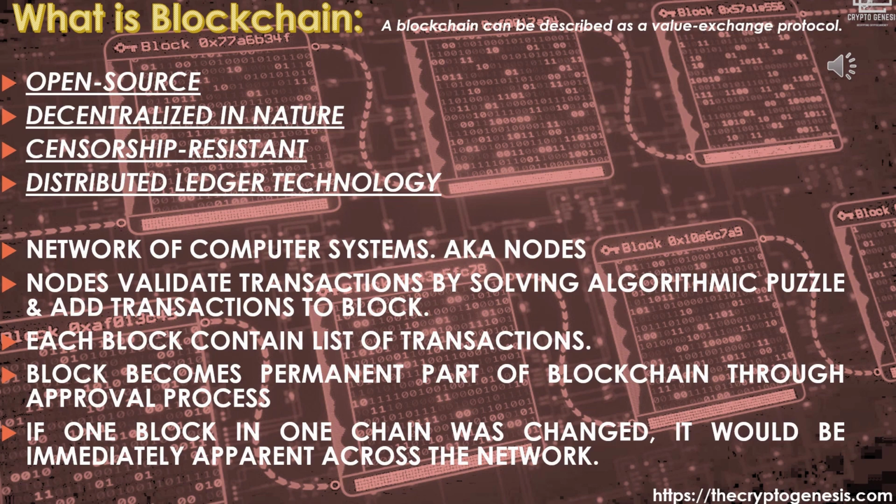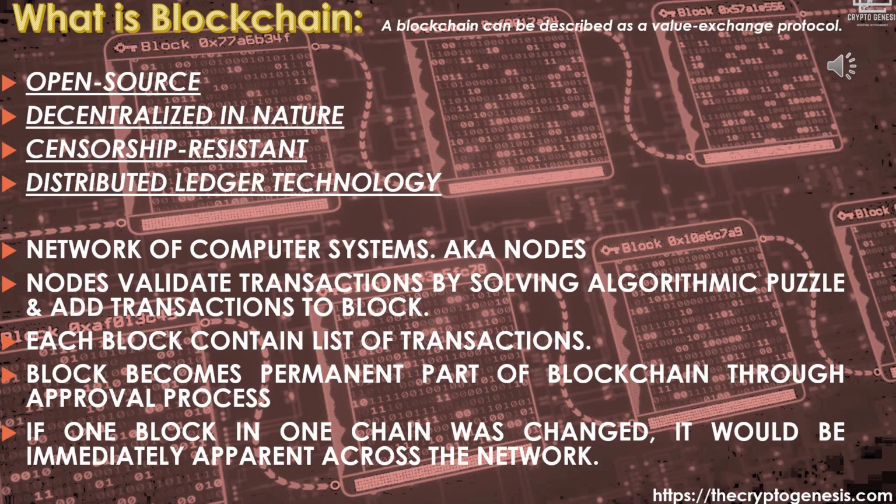Open source. Open source means anyone can join the network since its source code is open. Decentralized in nature means there is no central authority to verify transactions, but nodes that verify transactions through a consensus mechanism. Censorship resistant. Blockchain is transparent and unbiased. Distributed ledger technology. Distributed ledger technology means that the ledger is distributed among the nodes of the network that record